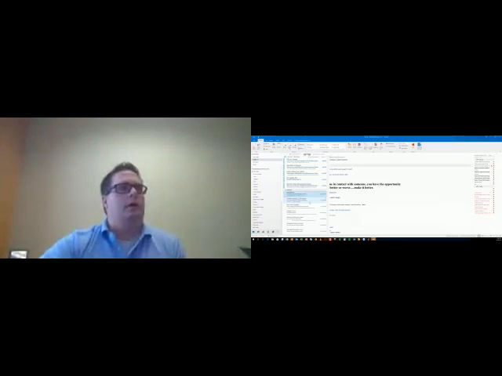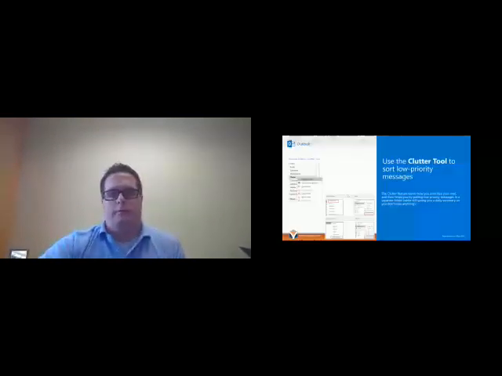So my inbox tends to be more just the stuff that I want to be able to see and react to, and it helps me to be a lot quicker with my email because it's only containing the stuff that I want to see. So I really like the Clutter Box. And then we'll move on to my favorite feature in Outlook 2016,